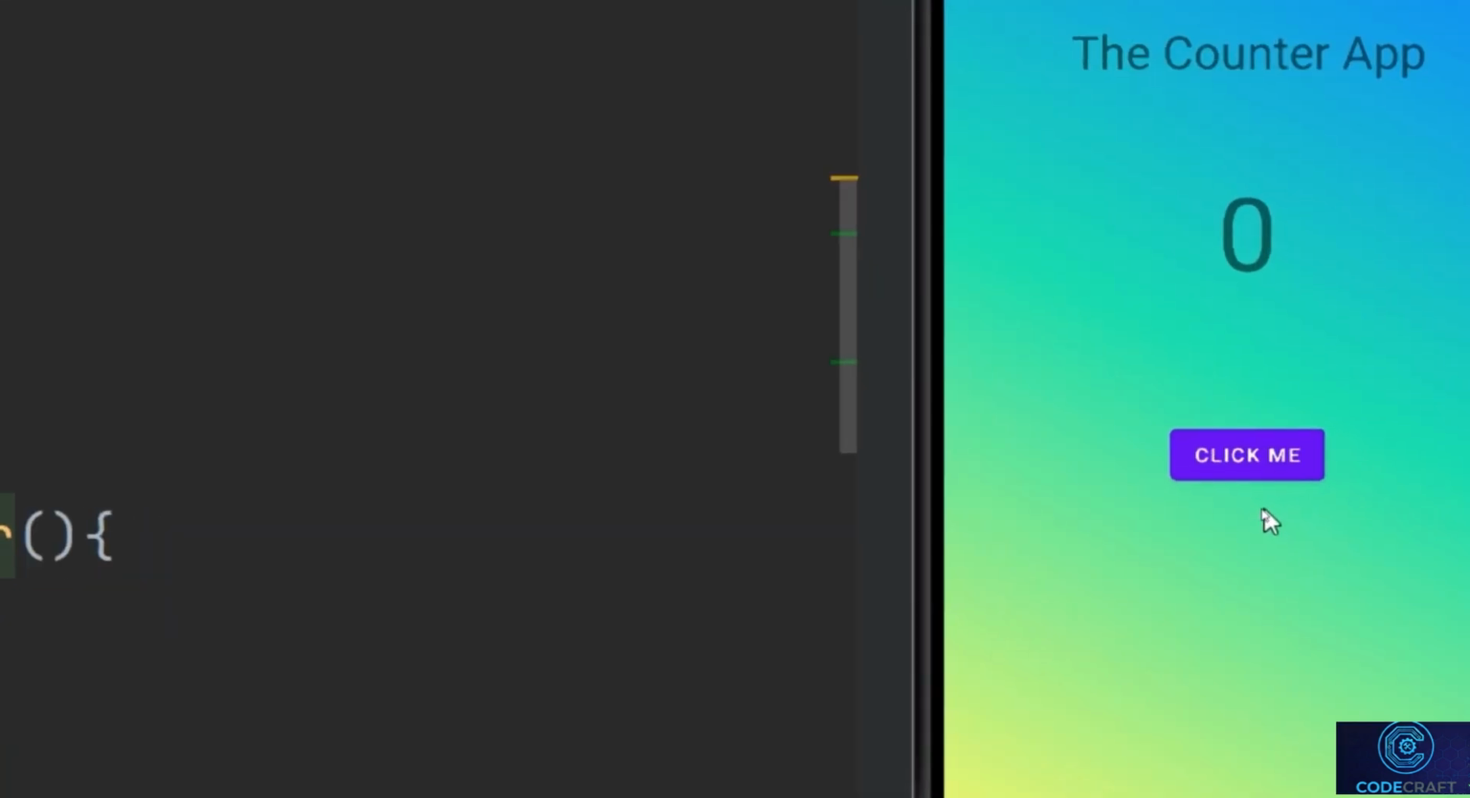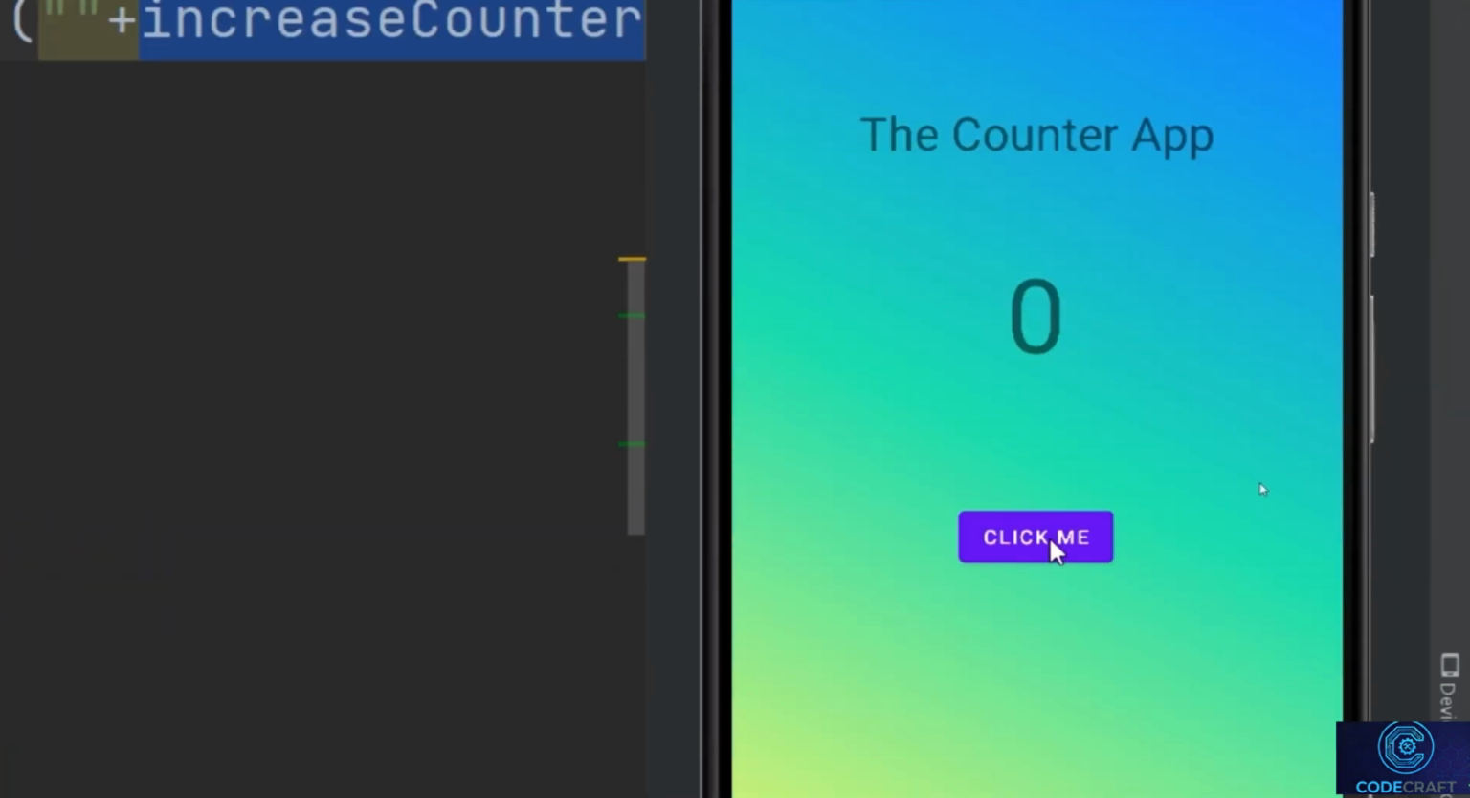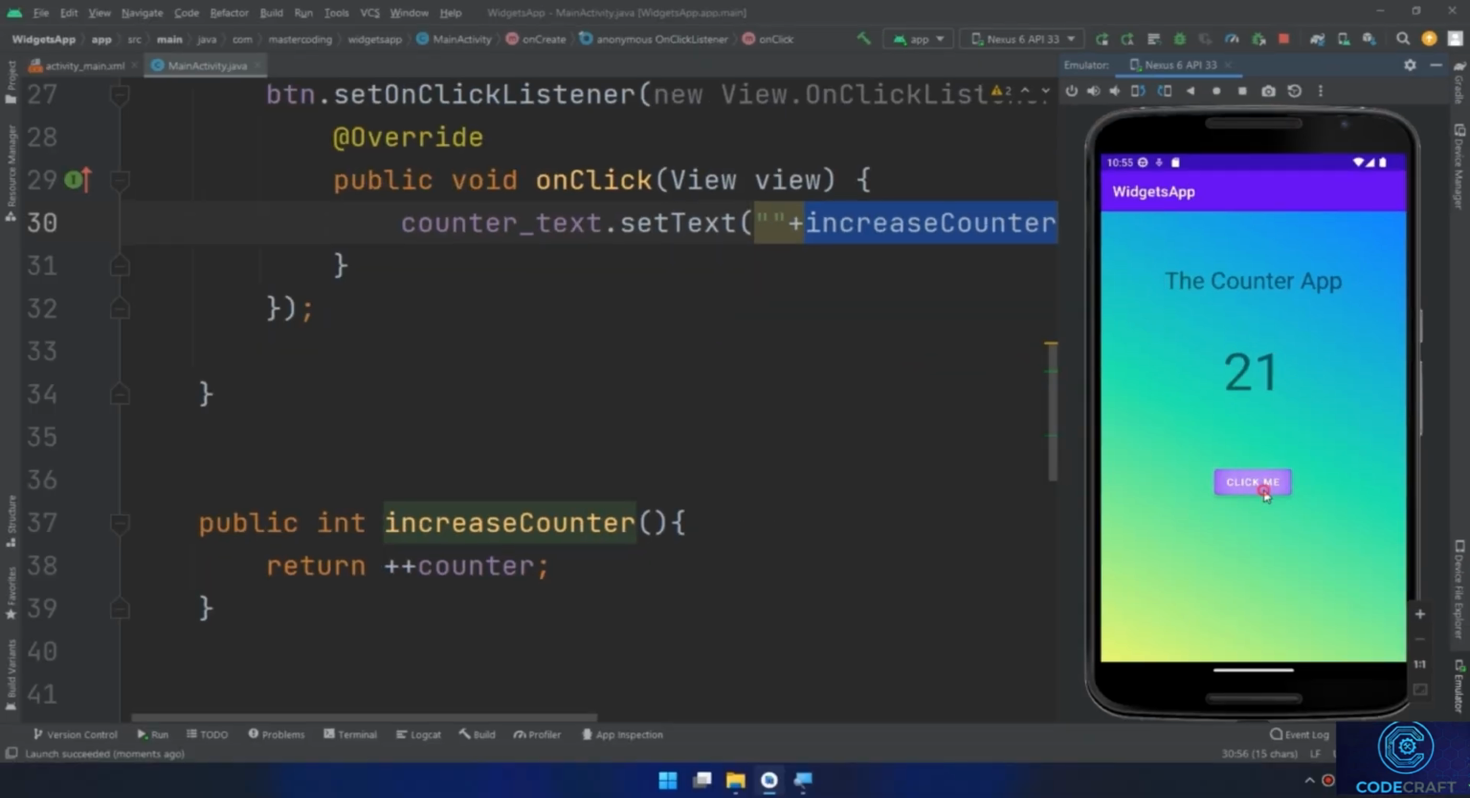And here we go. This is our application. This is the counter application. If I click on this button, the text will be increased. And this is the counter application we have created. And this is a very good example on how to add and handle the click events of the